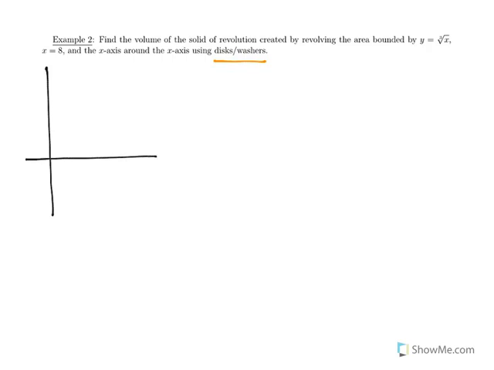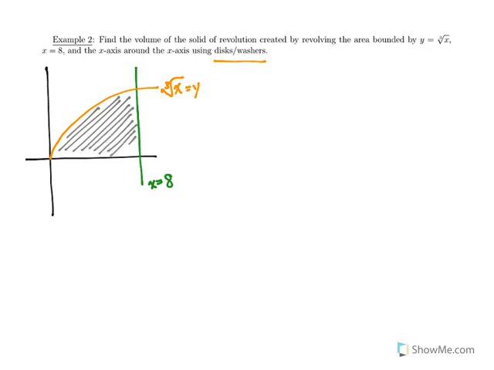So first, let's draw the functions. We have the line x equals 8, and we have the cubed root of x, which we'll just write like that for the moment, equals y. And since it's going to be bounded by the x-axis as well, our area is this area right here, and we are revolving around the x-axis. So our shape that we're going to have here is